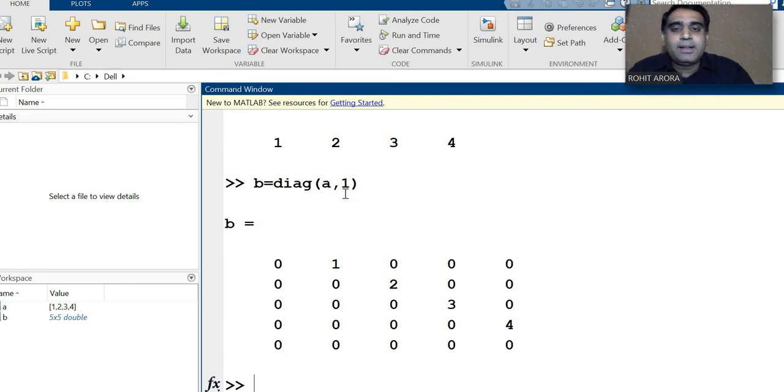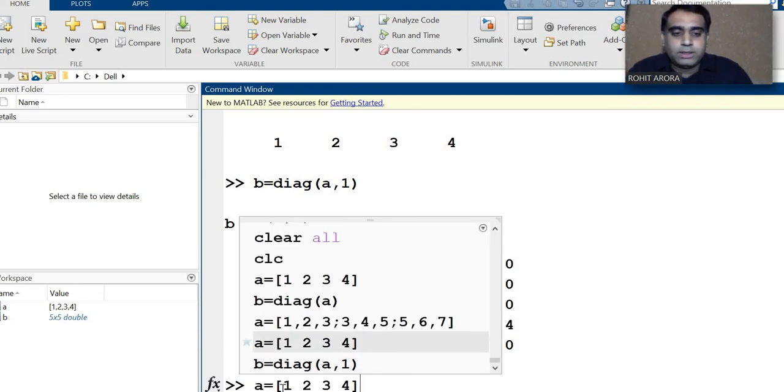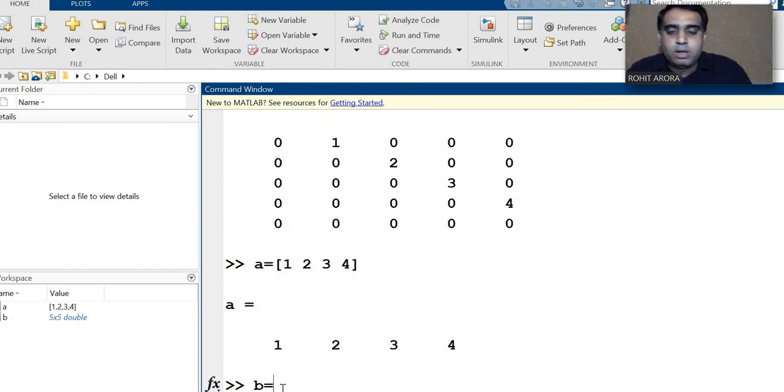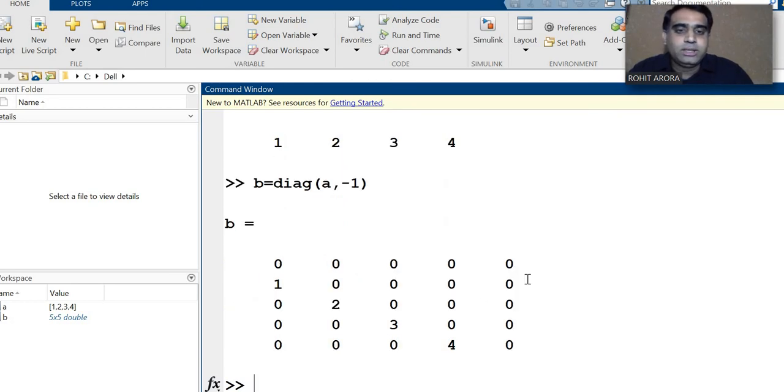A comma 1 means that on the first position, before this diagonal position, the matrix is added, because the square is completed in this case. And one more thing, if you write A comma minus 1, it means on the other side, every element is 0.